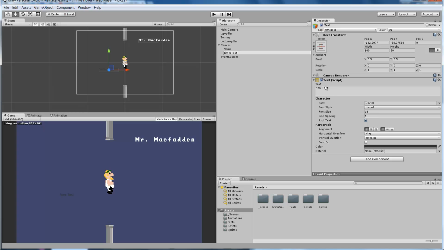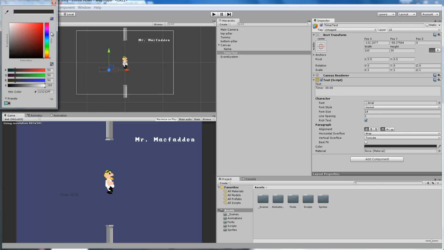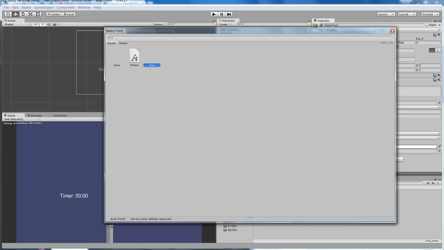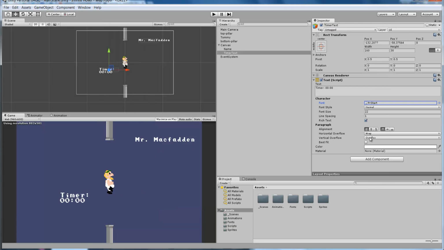And then in the text box here, let's make it say "Timer: 00:0:0", and you'll see that it's appearing right here in our game view. Let's go ahead and make that the color white. Let's make it the size, how about 22, and let's change our overflow value, and sorry, overflow on our horizontal